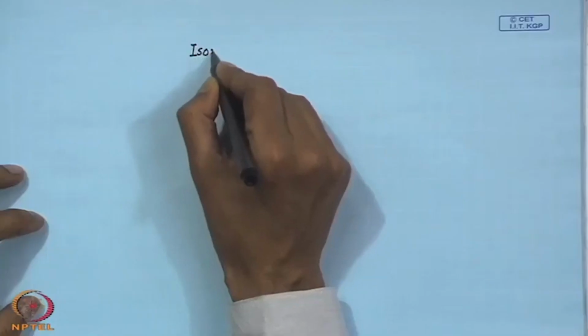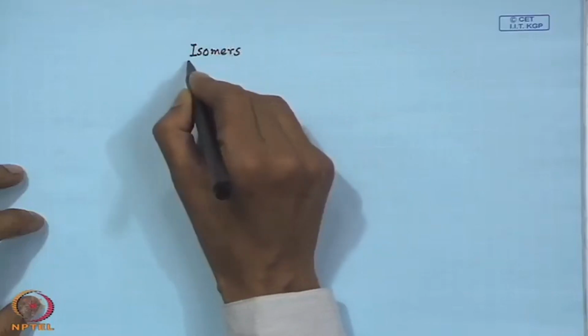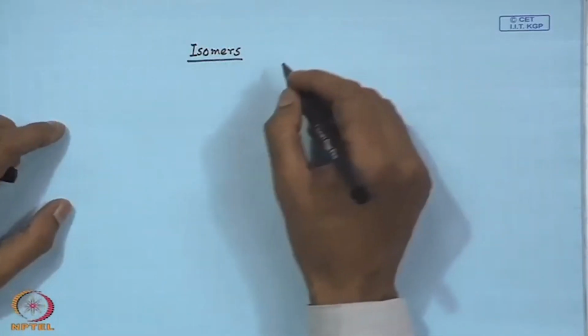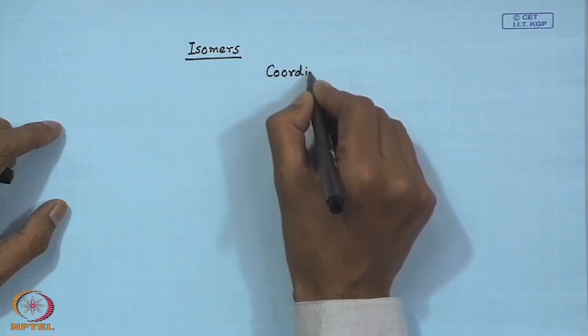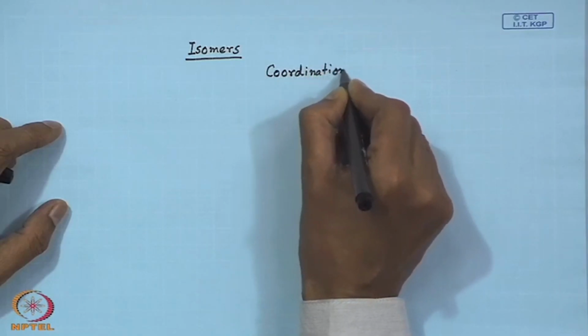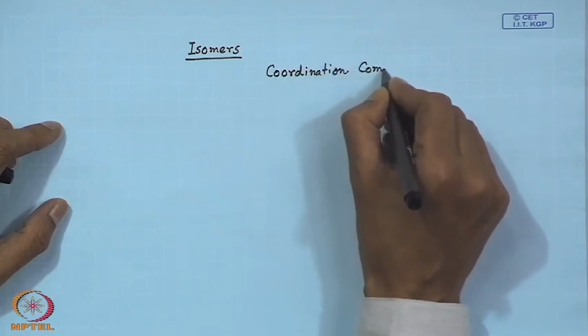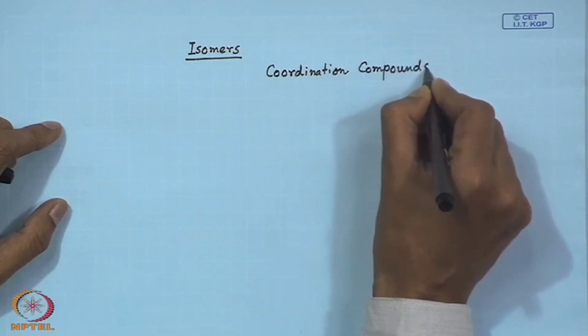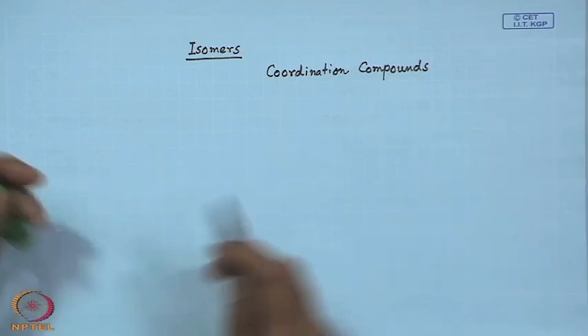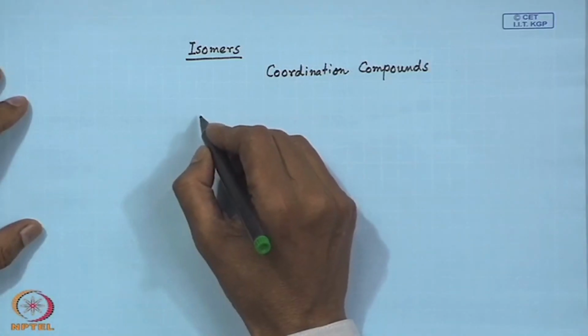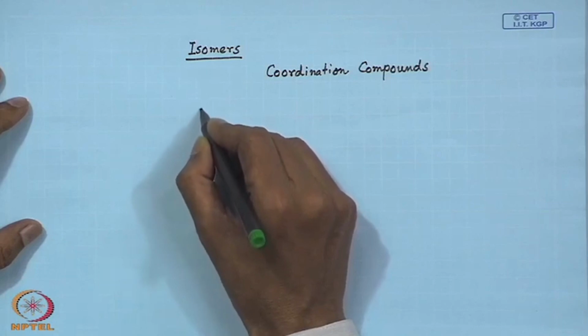Good evening, everybody. Today we'll start about the different isomers that we can have while talking about the different coordination compounds. So we can have different types of coordination compounds, and we all know now that the central part of a particular complex is the